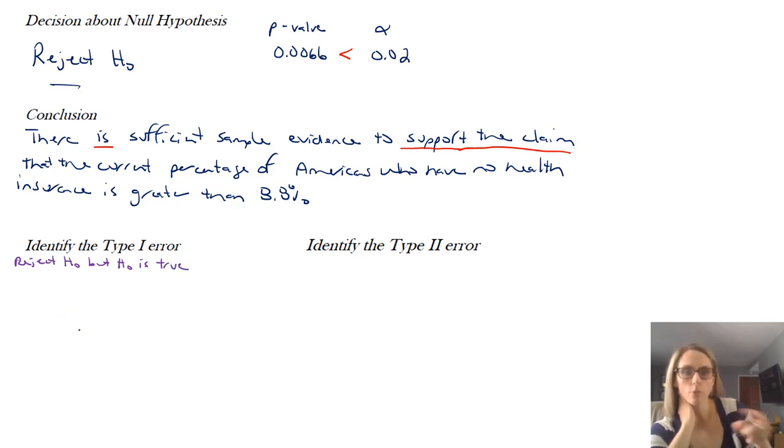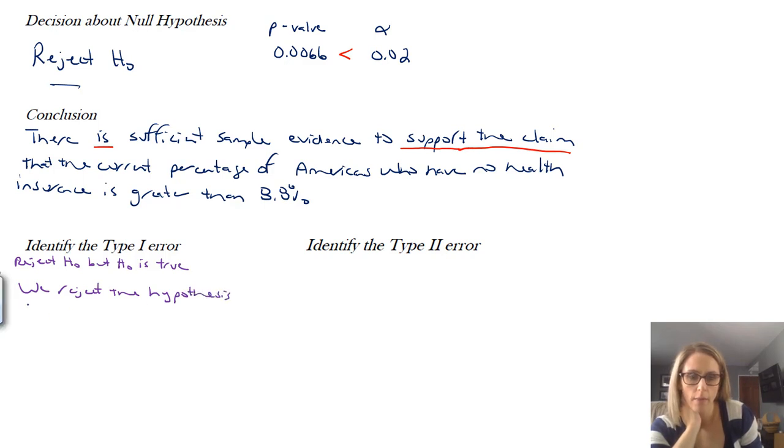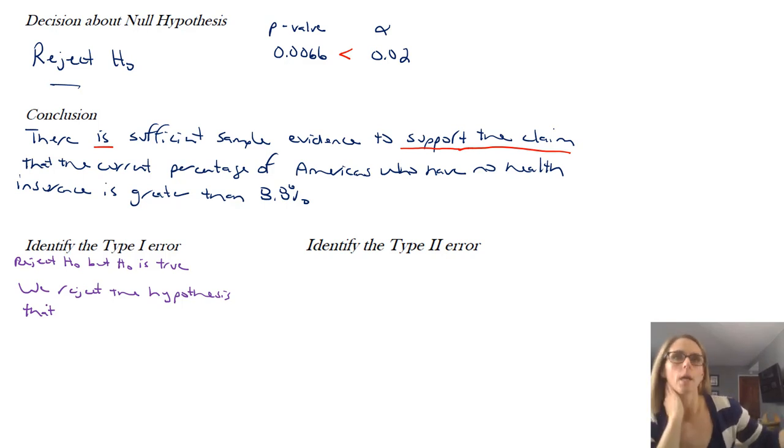So now we just do that, but we write it in terms of whatever our H naught is. So we would say we reject the hypothesis that, and then we look at what our H naught is, which in this case is that the proportion is equal to 8.8%. So we reject the hypothesis that the